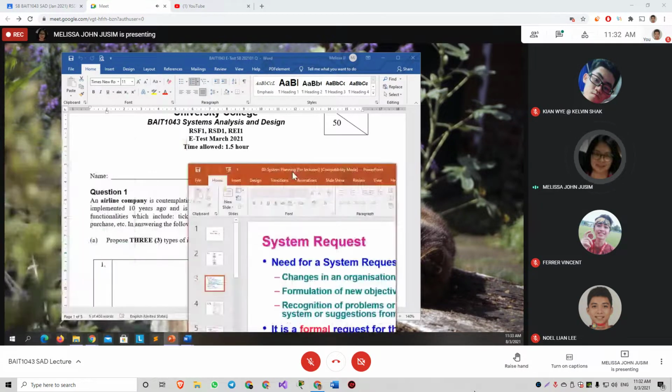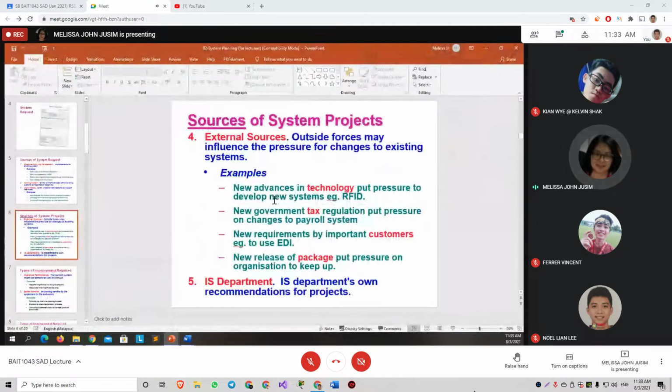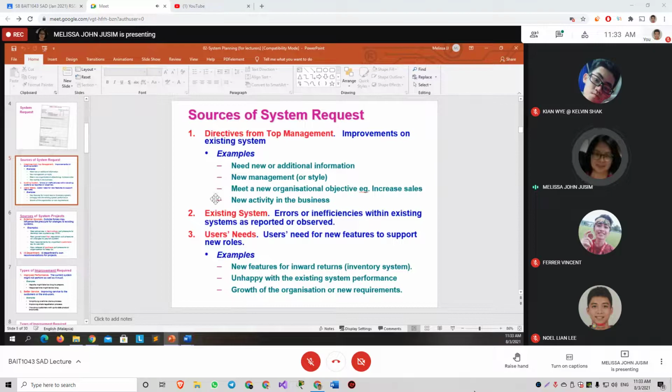In our chapter 2, we start from the system request. We receive a system request from the user requesting for the new IS project. And these are some of the sources of the system request.